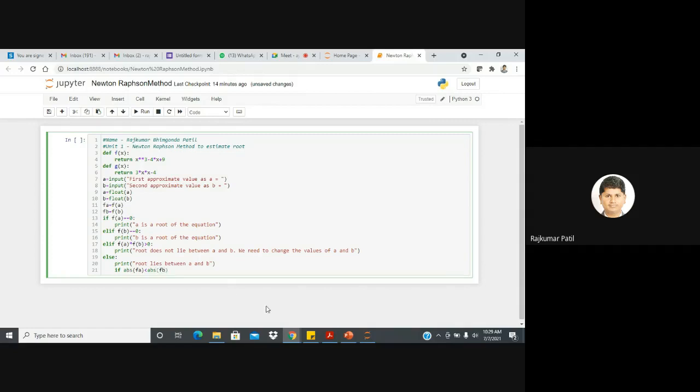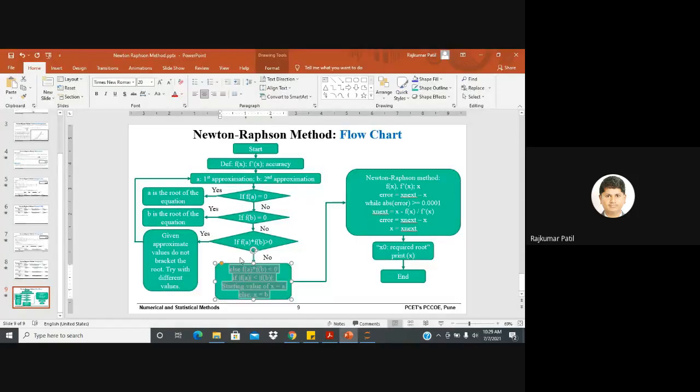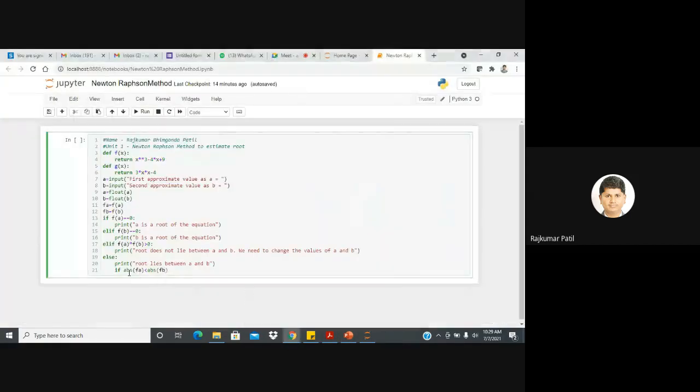So what we are doing here, we are just checking this condition, that is the absolute value of f of a, because f of a may be positive or negative, f of b also positive or negative. That's why we are taking its absolute value, and whichever absolute value is less, it means that value will be close to 0, and therefore we can start with that value. So x is equal to a, we will assign